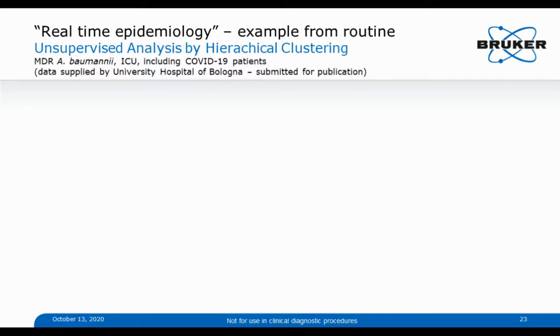So at first, from the application side, I would like to show you some nice results of what we now call the classical workflow of the infrared biotyper for real-time epidemiology in hospital hygiene. This example comes from Bologna, from the university hospital there, a quite big university hospital. And the work was performed, and I think that is really remarkable, during the COVID crisis in April, when, as